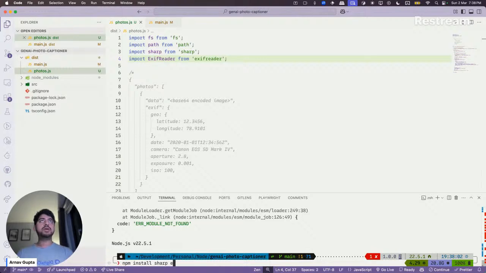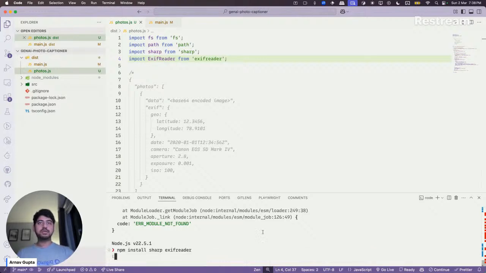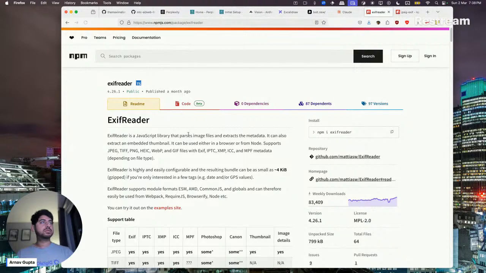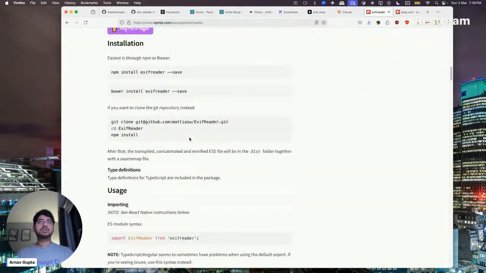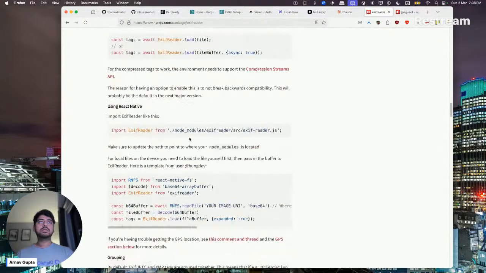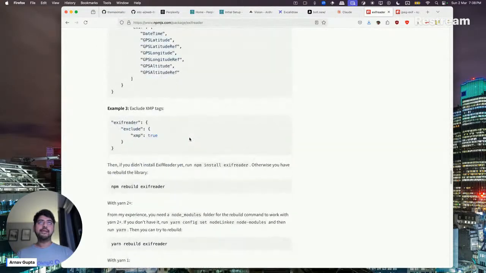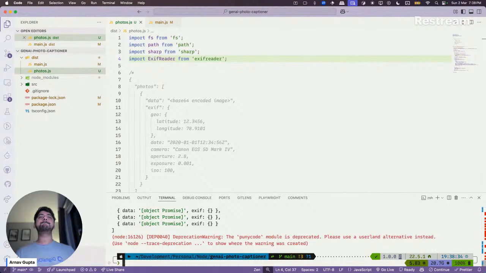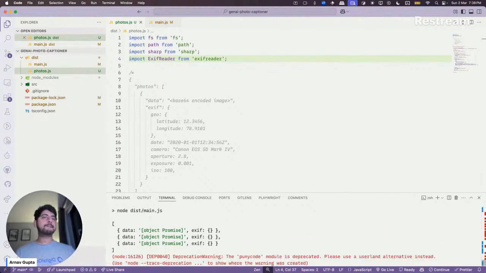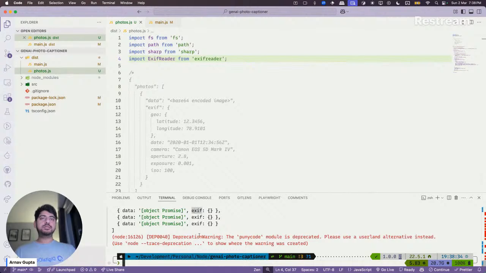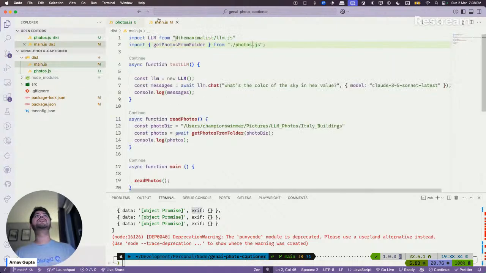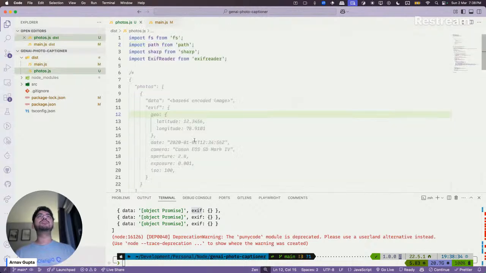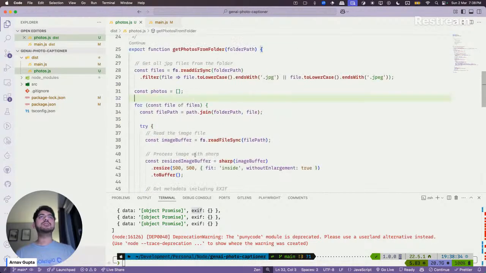So I need to install Sharp and EXIF reader. Is that the package? Okay. EXIF data seems to be missing. A few other things as well. The data part should have been base64 encoded. Why did that not happen yet?